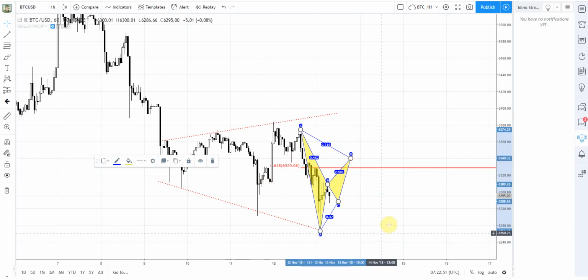That's the scenario that we could watch for in Bitcoin right now, because look how many legs we have inside the triangle: first, second, third, fourth, fifth candles. So yes, almost 5 waves inside of the triangle have happened. So the market is near to exit, to abandon this consolidation, and this is one of the patterns that we could keep an eye on. All other stuff that we've talked about on the daily chart, on the weekly, on the 4-hour time frame chart is still valid, and some larger patterns could be formed. But this is just the short-term scenario that really could be formed within the next 1-2 sessions.